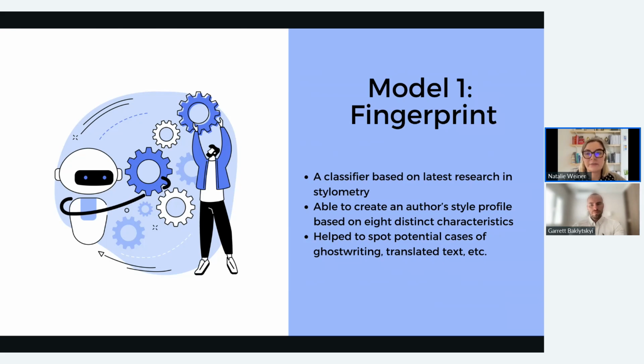While learning, Fingerprint assesses the author's individual writing style according to 8 distinct criteria, and then creates a style profile for each user so that the following submissions are compared to this profile. If the style of the document is consistent with the profile, we confirm that it was written by the user, or otherwise we flag it for possibly being written by someone else. This solution was pretty effective at spotting cases of ghostwriting, cross-language plagiarism, student collusion, and so on.